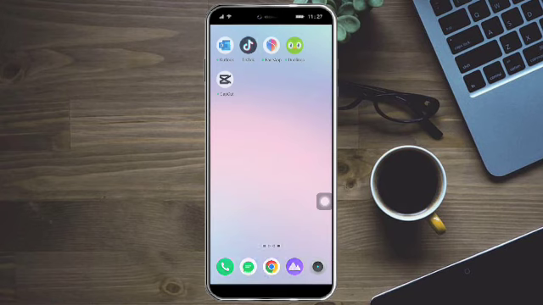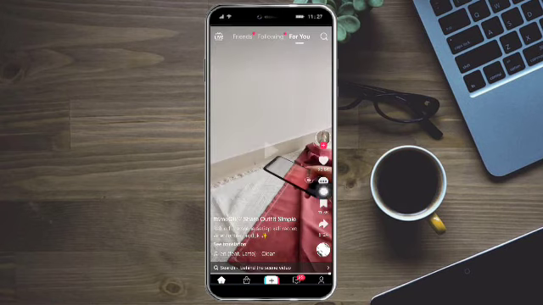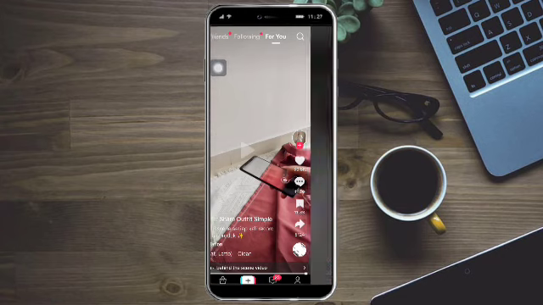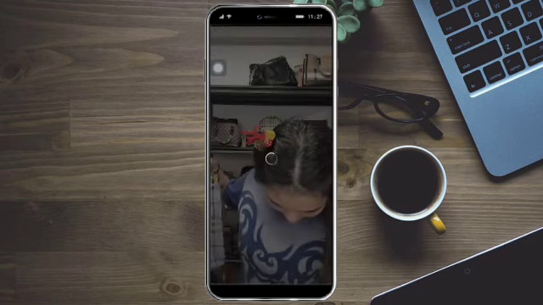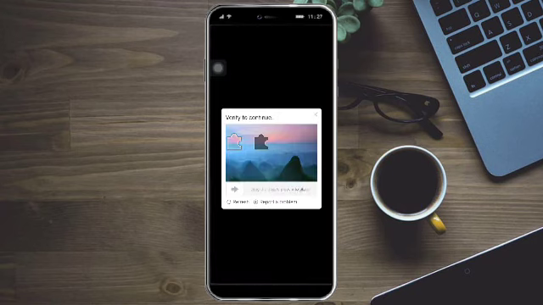So to do this, let's head over to our TikTok right here. So let's click on that. And from in there you can see this button right here to live. So if you click on that, you will see all of the live sessions that are happening right now. So you can watch them. But if you want to create your live, then what you need to do is to head over to your